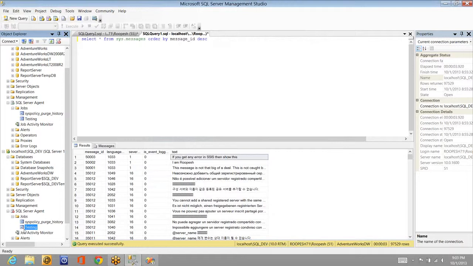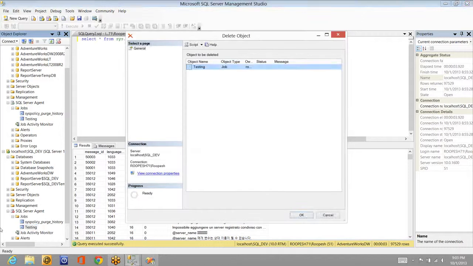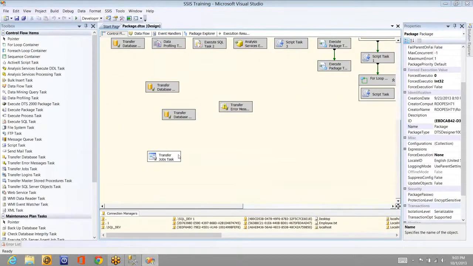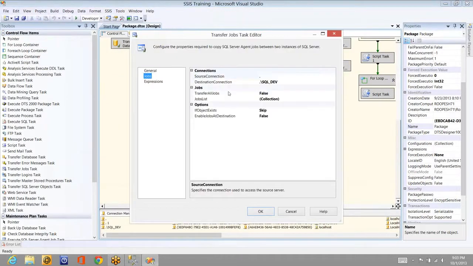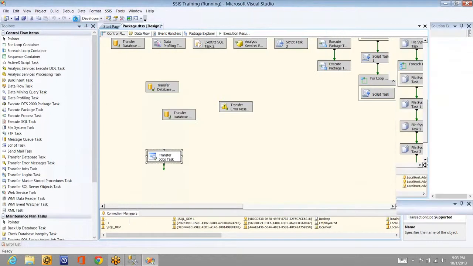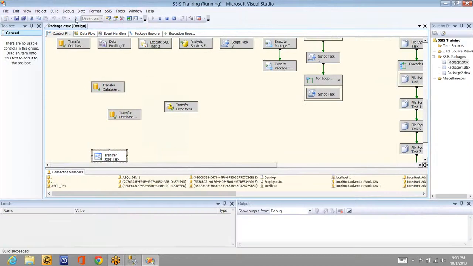And here you can see an arrow mark down, right? That means it is disabled. Let me delete it and let me set the property to enable it on transfer. Whenever the transfer is done, let me enable it. I set it to true. Now see the difference. What will happen after the transfer of the job is done.